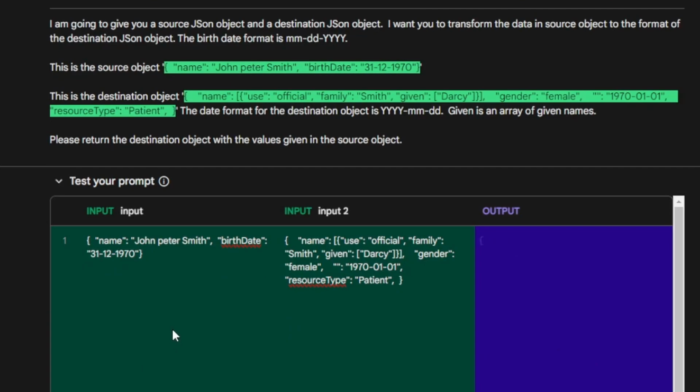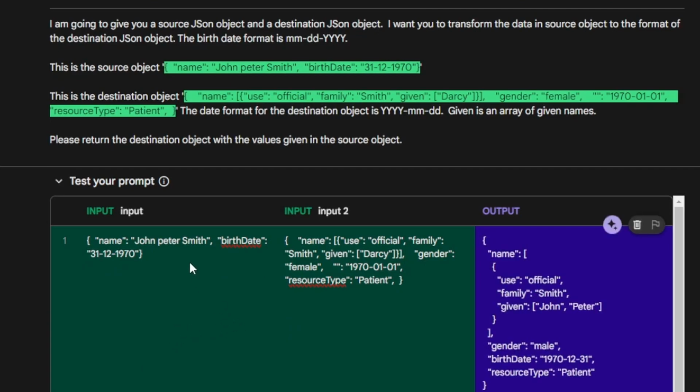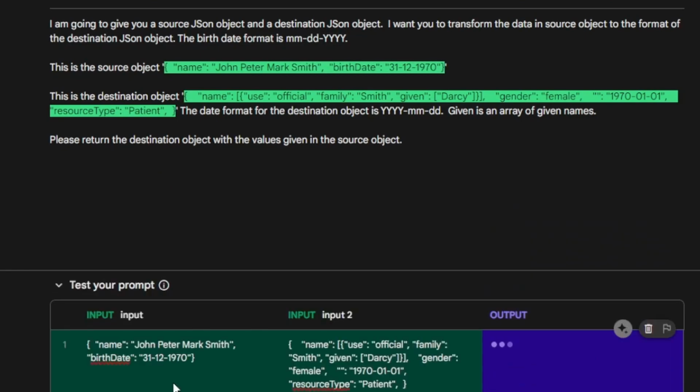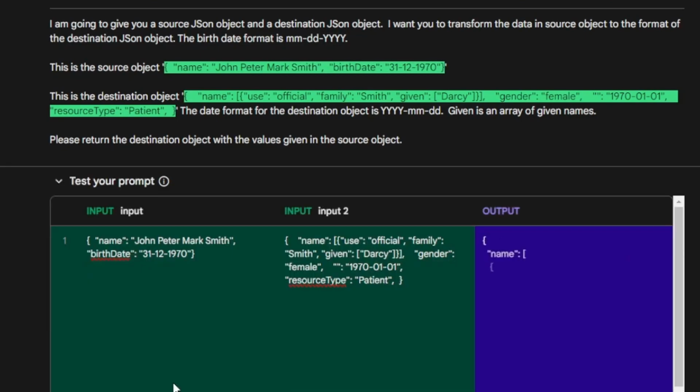And see if we can't force it to do it. There we go. Yeah, so that looks right. What if we give him John Peter Mark Smith? And they keep going. Yeah, John Peter Mark Smith. So that works. As you can see, this only took me 5 minutes to work out how to get it